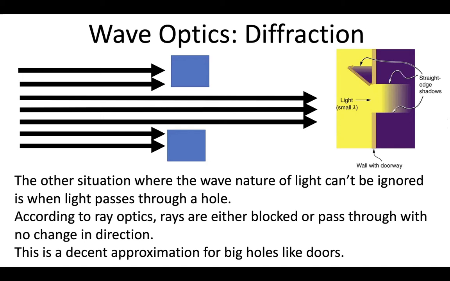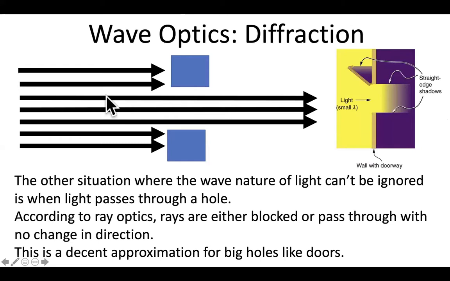And it's another thing that fundamentally depends on the fact that light is an electromagnetic wave. And it's something that is not captured by ray optics. So what diffraction fundamentally is, is the way light will naturally tend to spread when it passes through an aperture or a hole. If you consider straightforward ray optics,